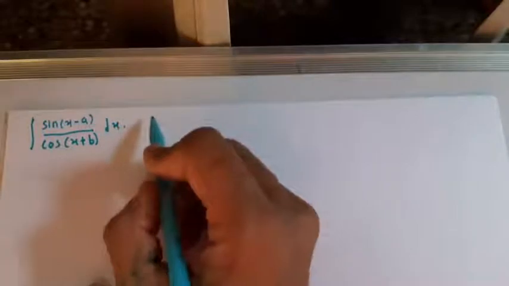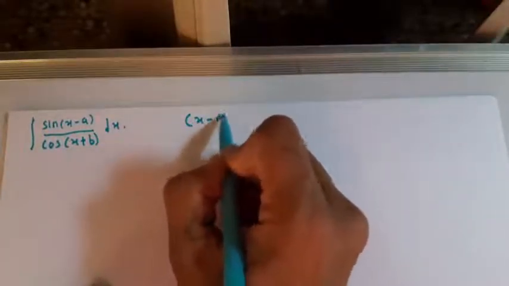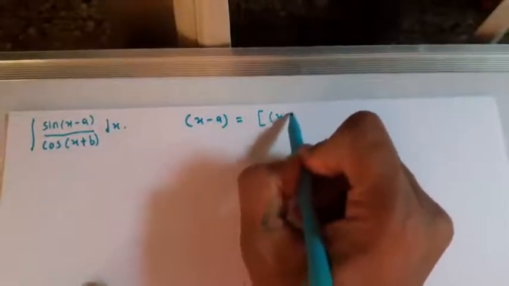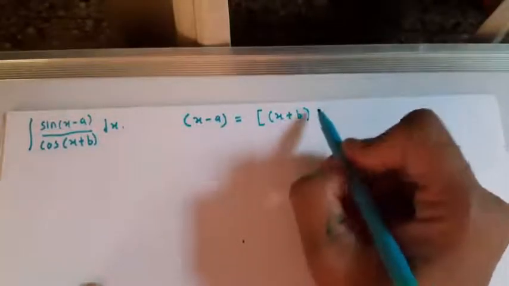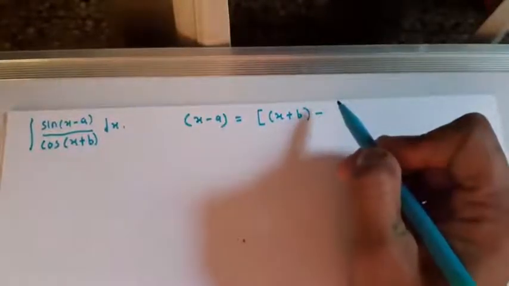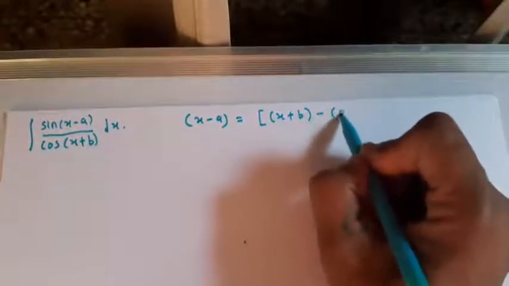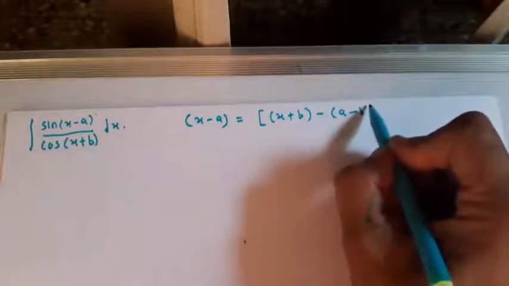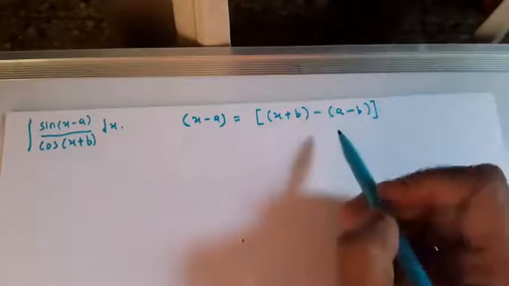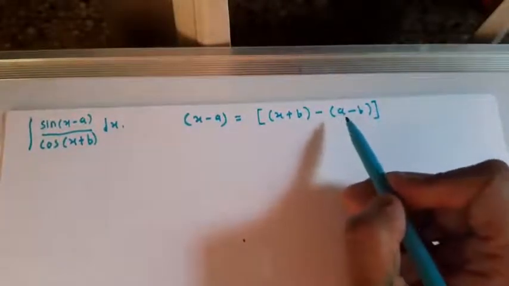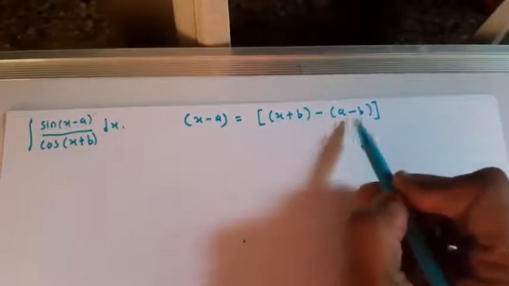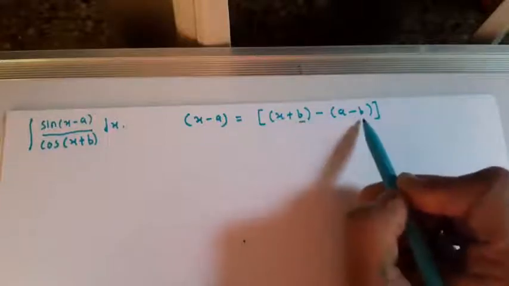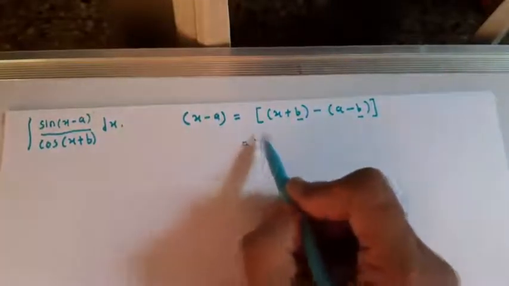So here we can write x − a in terms of x + b, that is x + b minus a minus b. So see students, x + b minus a minus b gives minus a plus b, again that is twice b. So we have to add and subtract b. So this is not suitable for us.